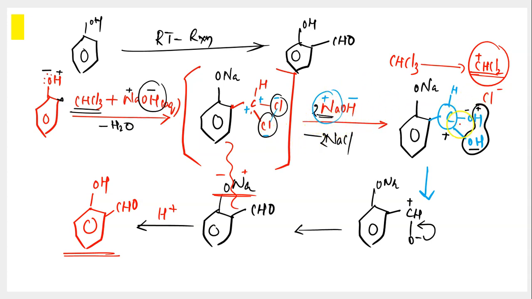And now these two hydroxy groups on one carbon are not stable. So both of them together would be lost in the form of one water molecule, leading to formation of C plus and O minus charges, which in turn rearranges itself to give you a CHO group. Finally, you're conducting acidulated water hydrolysis so that you can get back the hydroxy group by removing Na in the form of NaOH. I hope this is all clear now, and this is called the Reimer-Tiemann reaction, one of the very important mechanisms in the chemical reactions of phenols.